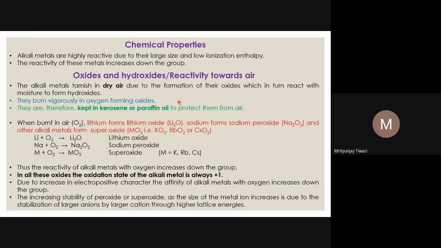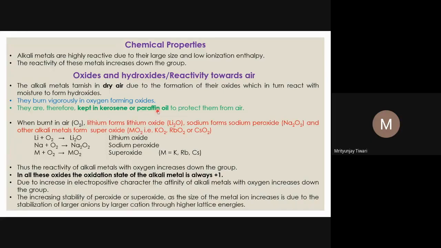Nitrogen also has a lone pair, but it has only one lone pair on each atom in the nitrogen molecule, and also nitrogen has a triple bond, three covalent bonds between two nitrogen atoms. That is why it is mostly inert. It doesn't react in most cases in the atmosphere, and that is the reason why nitrogen is there in the atmosphere in a larger concentration.